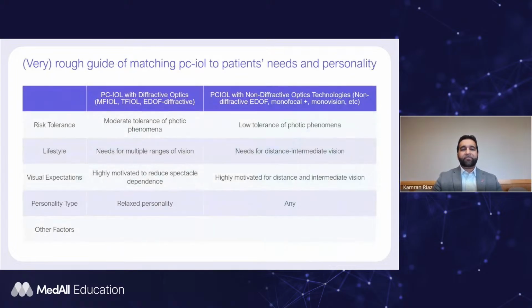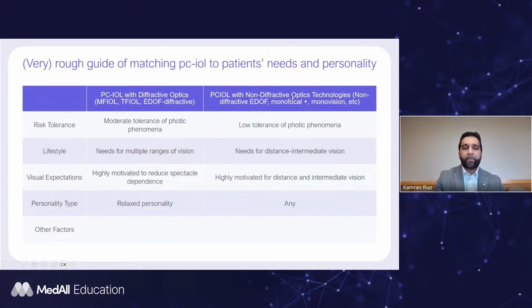So I've written here a very, very rough guide. There's not enough space on the slide for me to put every variable, but a guide to matching PCIOL to patients' needs and their personality. So for example, here we see things like risk tolerance and lifestyle. If somebody has a good tolerance of photic phenomena versus a low tolerance, if they've got a good tolerance, we can think about diffractive optics. If they've got a low tolerance, we may want to use non-diffractive optics technologies, such as the ones